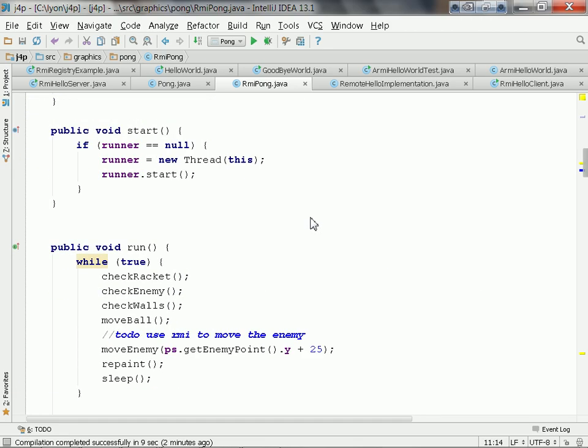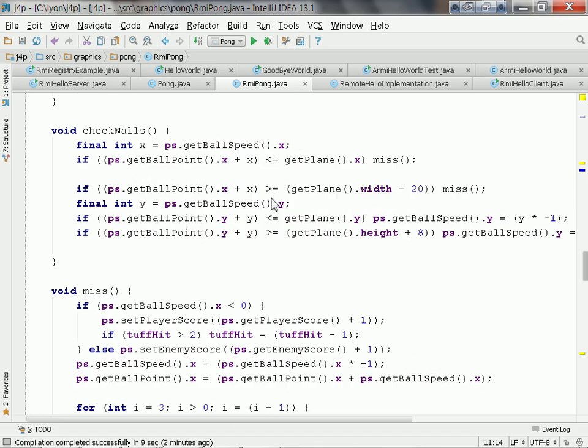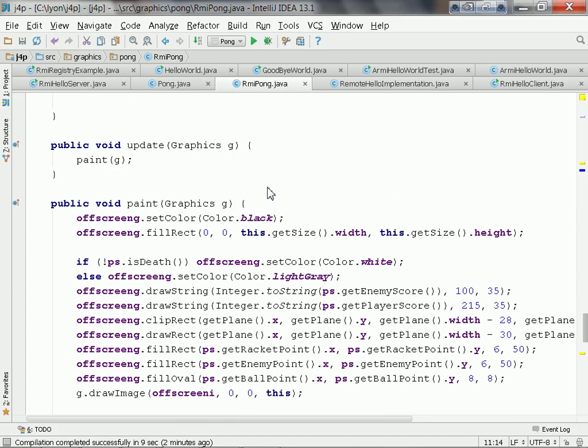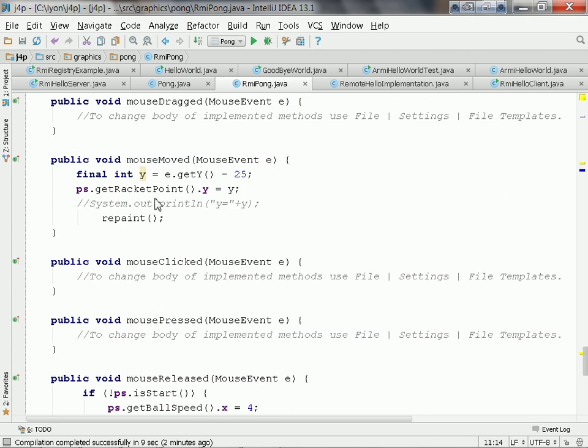And I remember that there's this thing here called mouse moved, right? What was it? Mouse dragged, mouse moved, and here it is. And this is where I was printing out my mouse. But there's another